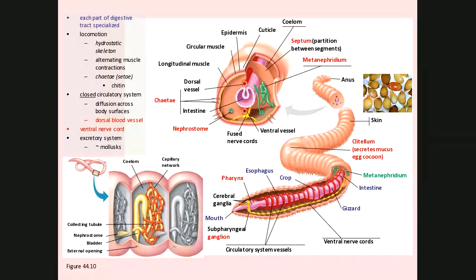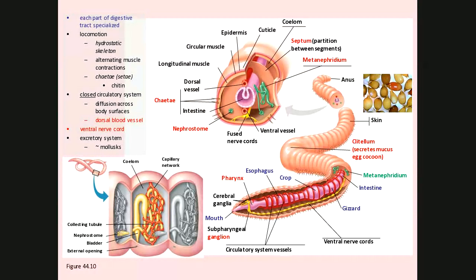The segmentation in the body construction allows for a hydrostatic skeleton. They can use alternating muscle contractions to squeeze out and pull themselves up. Along the edges, they have these chitinous materials called setae. A couple of different spellings for setae, S-E-T-A-E, C-H-A-E-T-A-E, but that's the little bristles. If you ever felt an earthworm, you know that you feel these little bristles on the outside. Those things are made of chitin, and they help the earthworms get some traction in their environment.